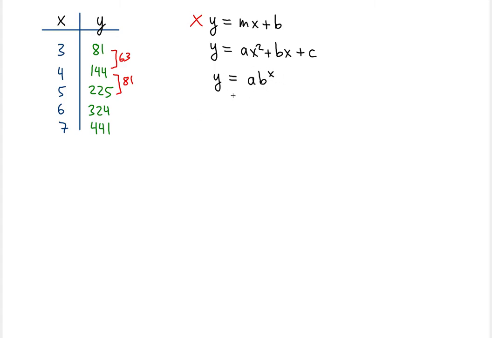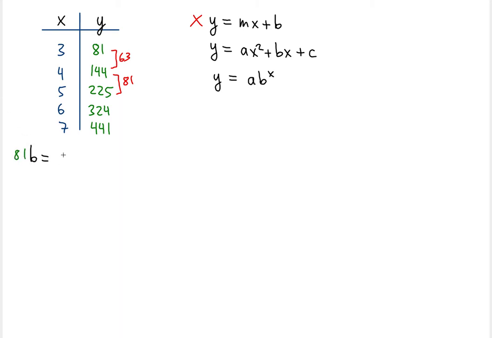Now let's check the exponential. So we know that this b here is the factor responsible for transforming a given number into the next number, right? So if we multiply the factor b with 81, we should get 144. And the same thing should happen with 144. We multiply the b by 144, we should get to 225. So let's find the b using these two numbers. So we know that 81 times b